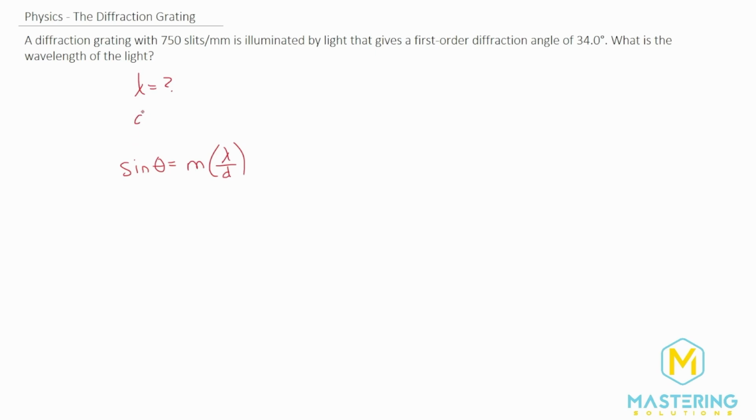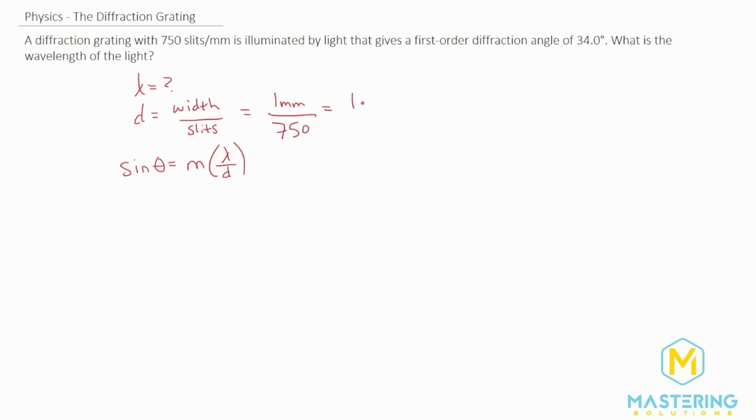I want to go over again, we talked about it in the last question, how do you find d. Sometimes I think it's really confusing and it's easy to get turned around and twisted up on how to solve for it. All that you do is you take the width divided by the slits. So in this case, we have 750 slits per millimeter. So for this, we have 1 millimeter divided by 750 slits.